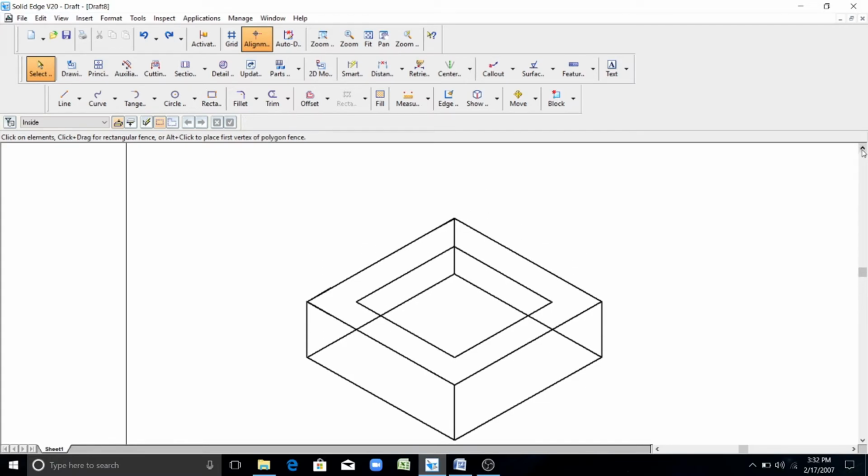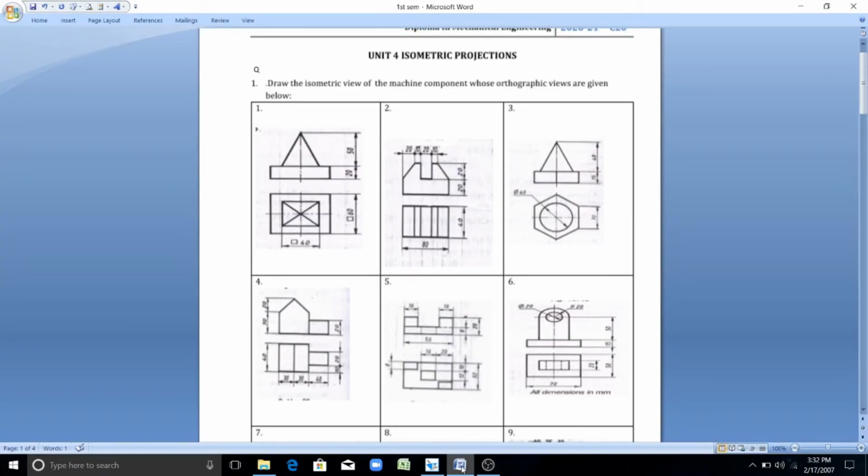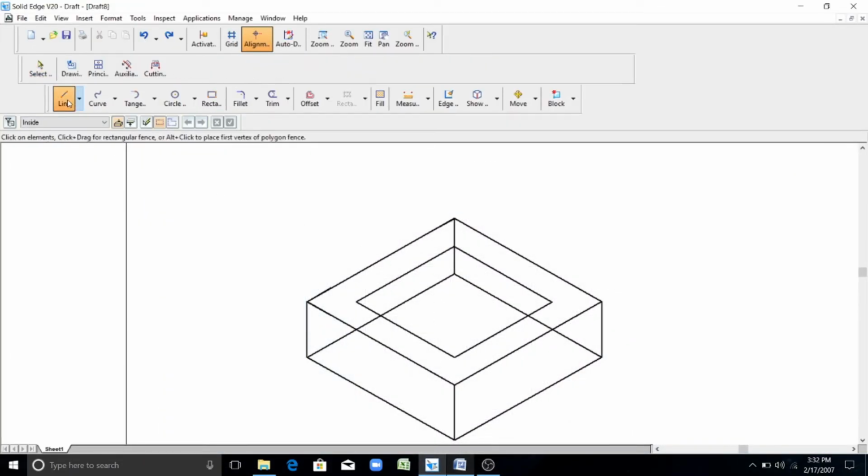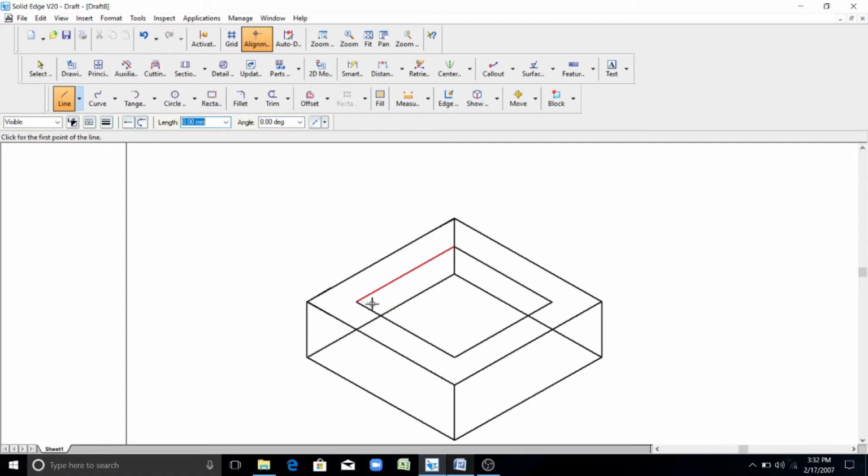Now the square pyramid is having a height of 50 mm from this prism. It is joining to the midpoint of this square. So to draw the midpoint, you have to join the diagonals from this end to the center point of this square. I need this height of 50 mm. So draw a 50 mm straight line from this midpoint. This is the apex where all the sides of the pyramid join.